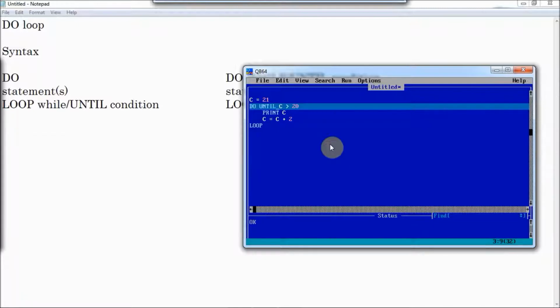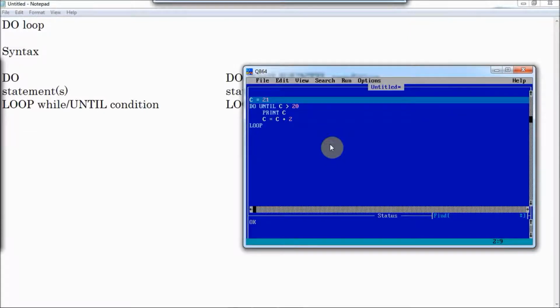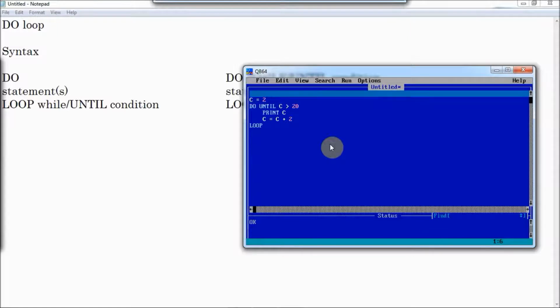In do until or do loop until, the looping statements are executed when the condition is false. Like here, if I start from 2, like before, do until C is greater than 20. Right now C is not greater than 20, so this loop will run until C becomes greater than 20.